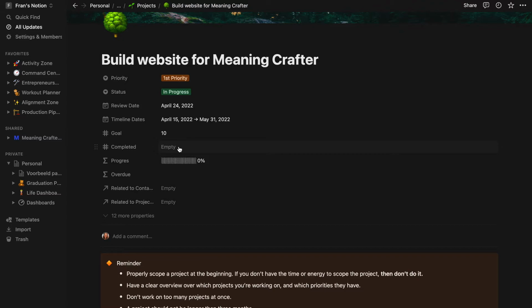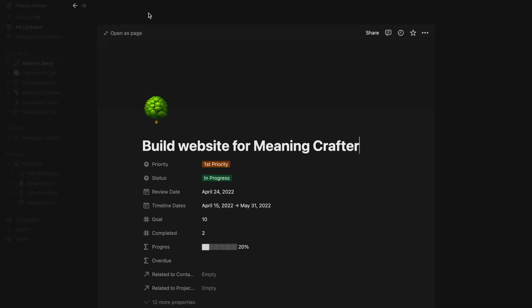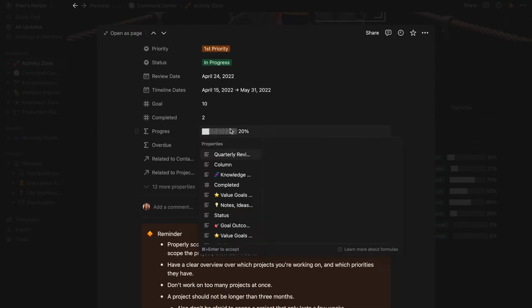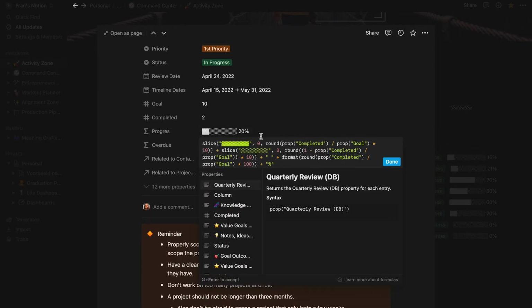And then as I'm progressing through this project, I kind of just, feeling wise, add numbers for how much work I've done. So let's say I did quite a lot of work in the first 2 weeks. I might say, okay, I've completed 2 out of 10 approximately, and I get a little progress bar. So this is really just something that I do feeling wise. It's not the most accurate thing, but as I go and work on all these multiple projects, it gives me a quick way to kind of overview how far all of them are coming along. So if you want to use this, you can simply copy this formula from the template,